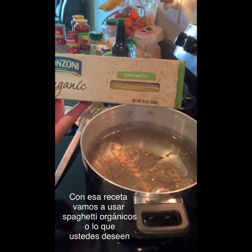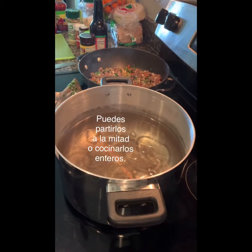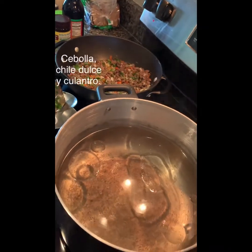I've chosen to break them in half, and I will layer them across the pan as it boils. You do not have to break them in half, it's really a personal preference. A quick review of the ingredients we've used so far. We have oil, a pound of ground beef, our vegetables, onion, pepper,